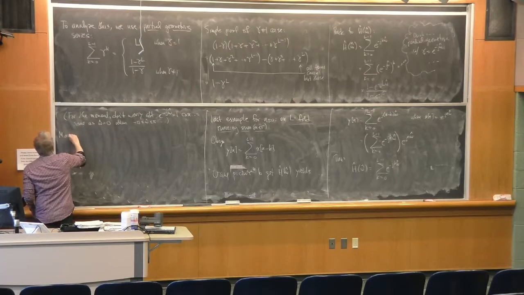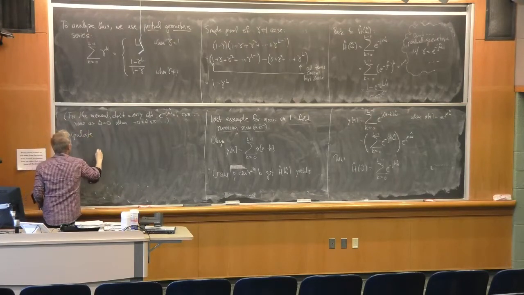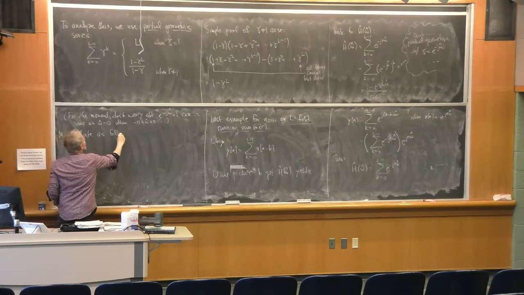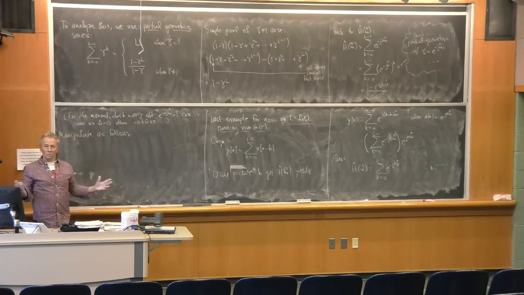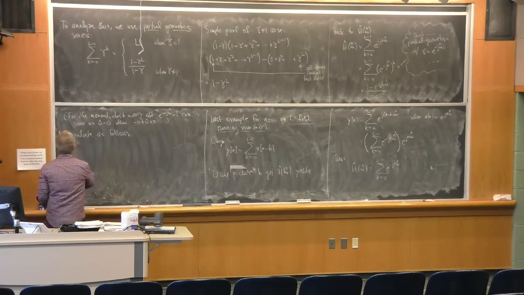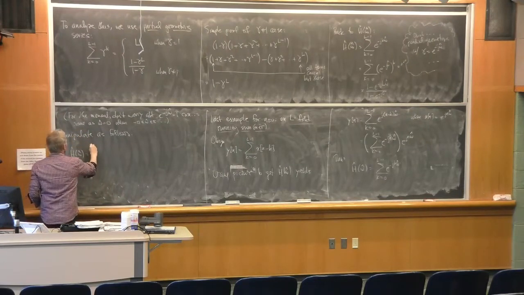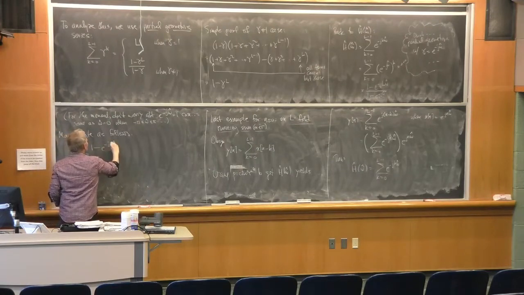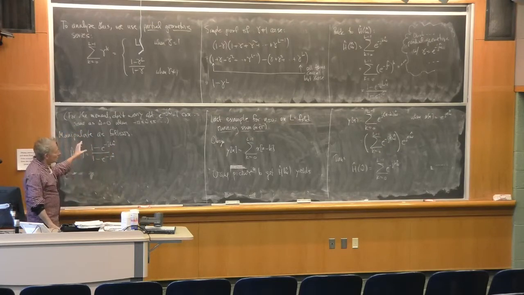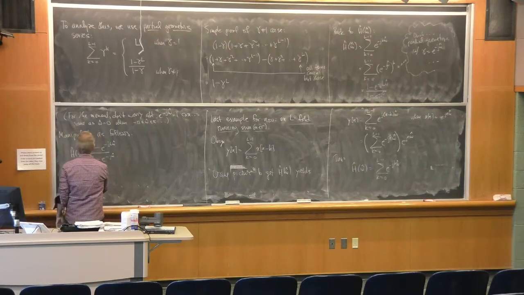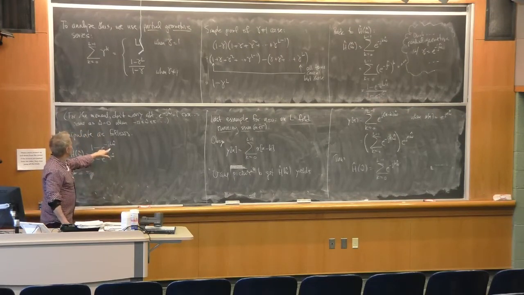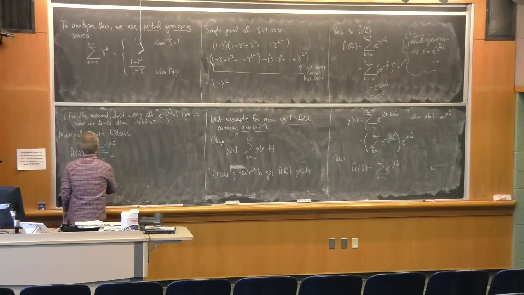All right, so let's manipulate this. And again, this is one of those things that you learn over time. It's not something you're expected to see right off the bat. What we're going to do is take H hat of omega hat, which is 1 minus e to the minus j L omega hat over 1 minus e to the minus j omega hat, and we're going to symmetrize the numerator and denominator similarly to how we symmetrized things when dealing with the low and high pass filters. So we're going to factor an e to the minus j L over 2 omega hat out of the numerator to give us e to the j L over 2 omega hat